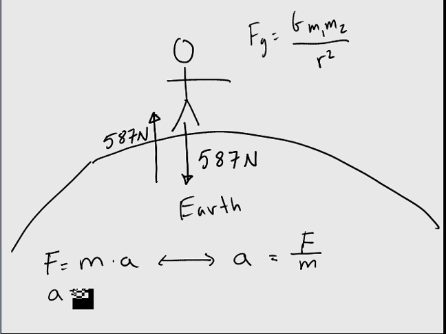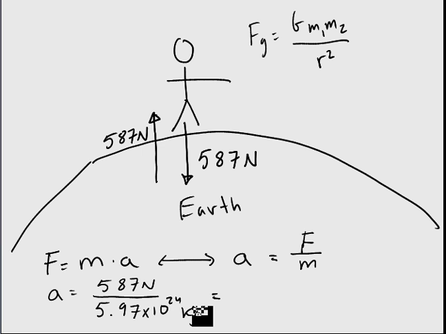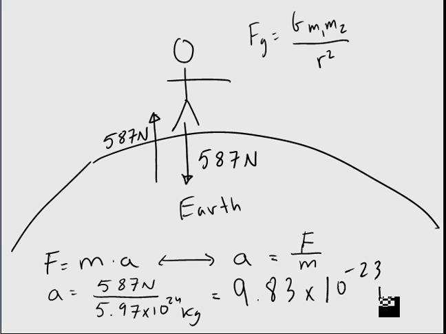So to do that, we'll go 587 newtons and divide by the mass of Earth, 5.97 times 10 to the 24 kilograms. And that will give us 9.83 times 10 to the negative 23 meters per second squared. This is a really small number as well. So yes, sure, the Earth should be accelerating towards you at 9.83 times 10 to the negative 23 meters per